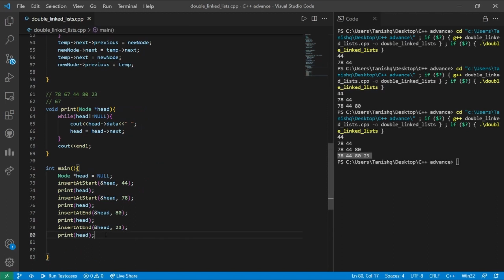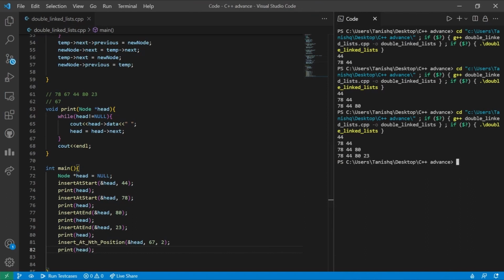Now as the example we have seen, let us try it by putting head as the reference, the data 67 that we discussed earlier, and the position was 2. And at the last, printing the complete linked list.